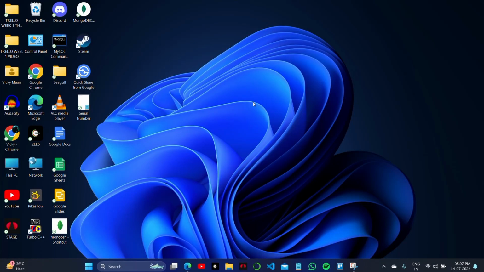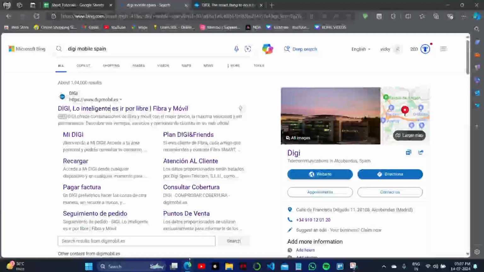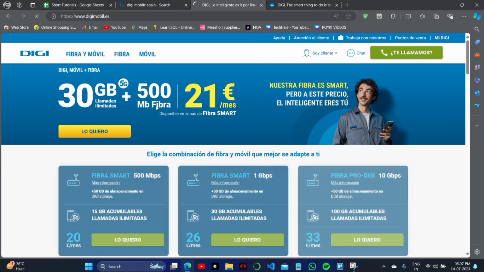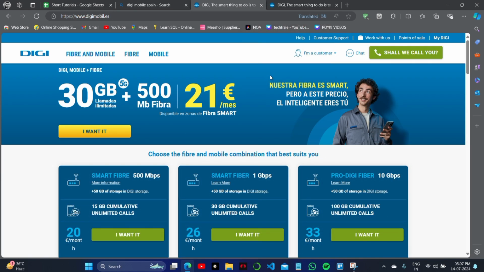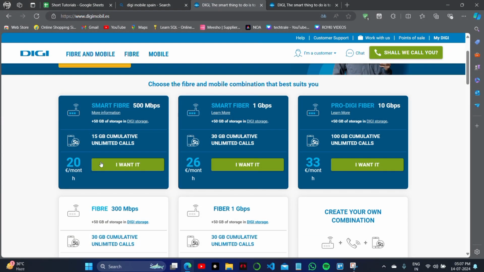How to activate your Digi Mobil internet connection or internet from your account. Firstly, simply go on the official website of Digi Mobil and translate it to the English language. Then you can see there is a section of mobile, and here you can activate it, pay and get a